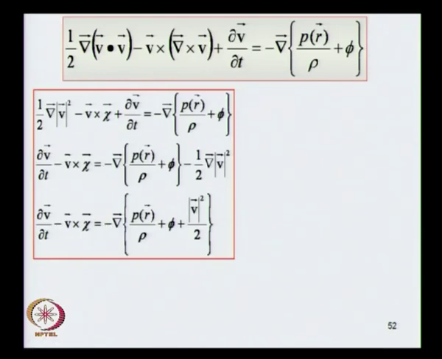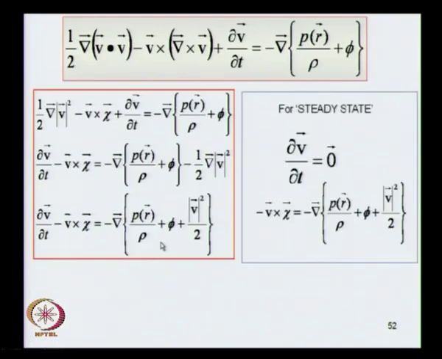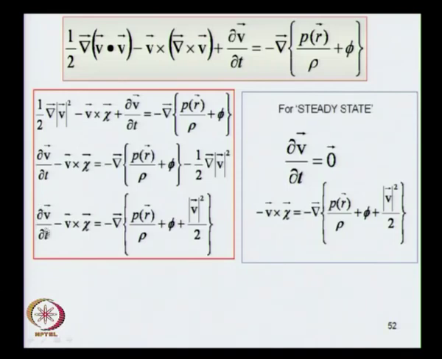So, on the left side I have got del v by del t minus v cross chi equal to the negative gradient of this term. So, now we can do some special cases. If we take a steady state, which is one in which the partial derivatives with respect to time vanish, that is the signature of a steady state. So, if you take a steady state, the partial derivative of velocity with respect to time vanishes, which means that